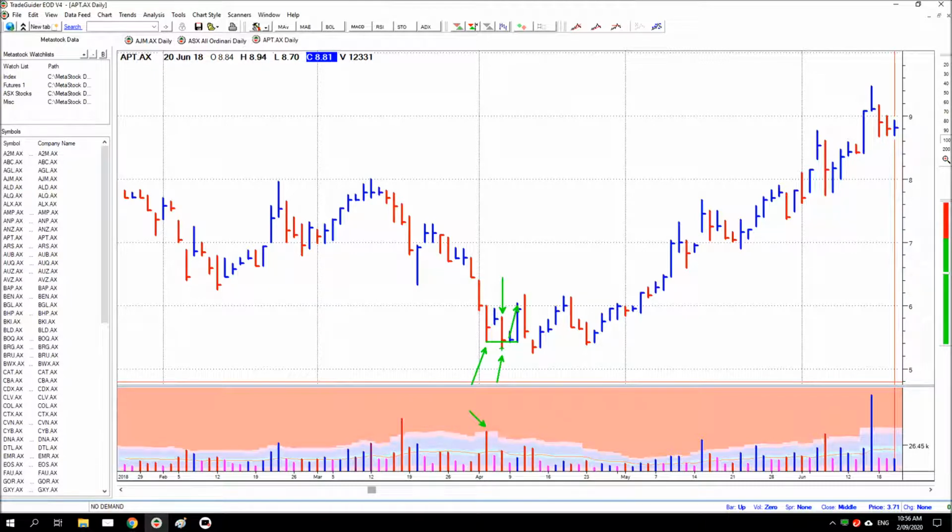But this is a much better spring. Prices dipped below previous support, spread has narrowed considerably, and the next bar is up. You can see price moved up to there. It came back and tested the spring